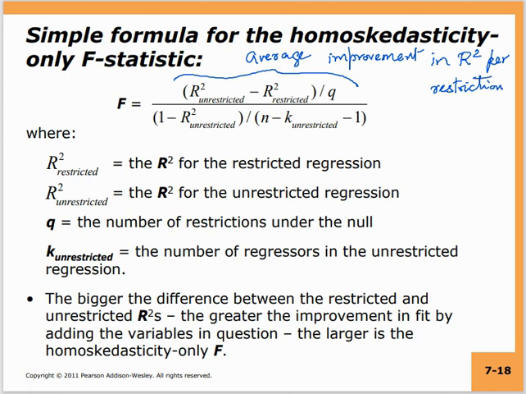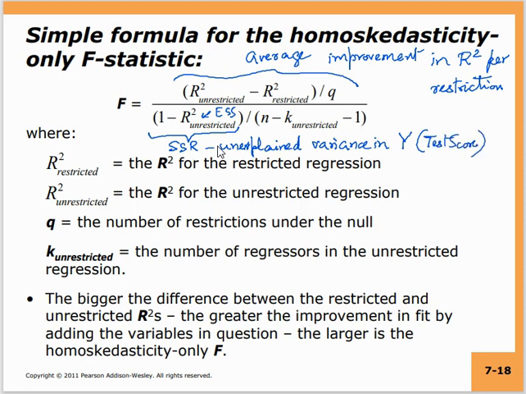And what is the denominator? As you remember, R square unrestricted is the explained sum of squares. So 1 minus R square unrestricted is the sum of squares of residuals. That is the part of the variance of y that you have not been able to explain, the unexplained variance in y despite fitting all your variables. In this case y is test score. So the unexplained variance in y is divided by the total number of degrees of freedom that are left.